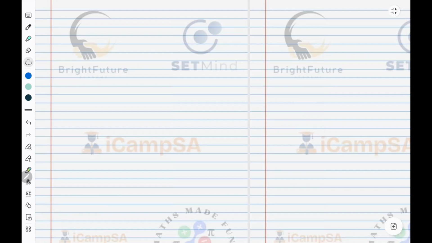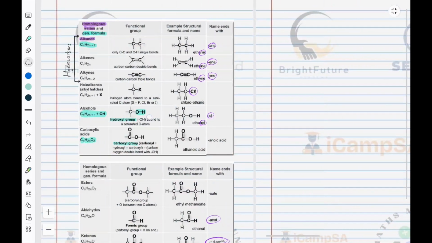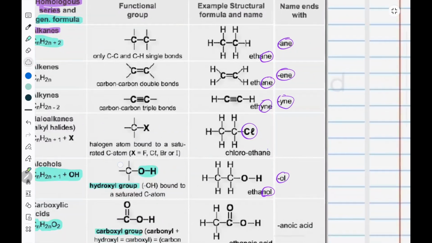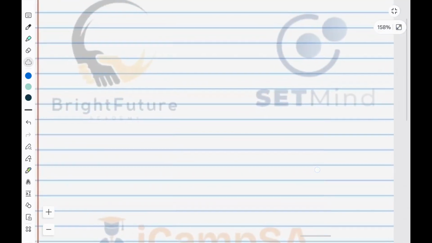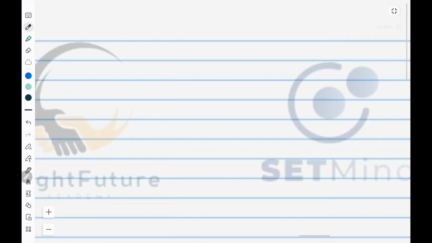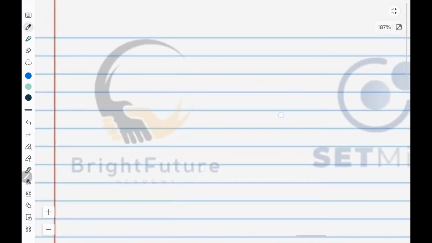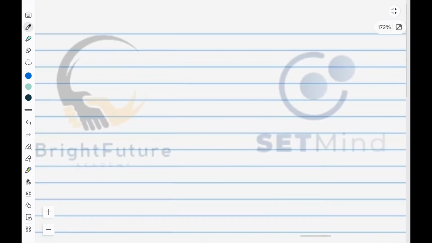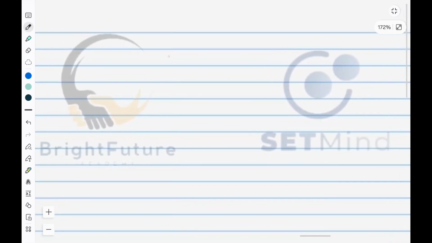Remember, alkanes, alkenes, and alkynes, we said that these are what you would call hydrocarbons. So perhaps before we go through alkanes, let me show you what we mean by that. So hydrocarbons,